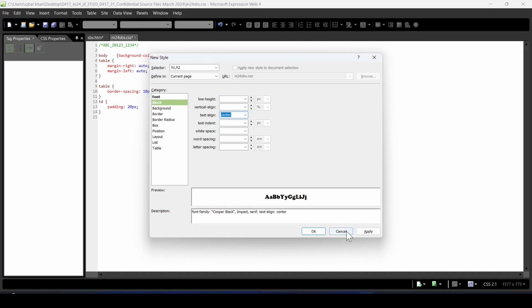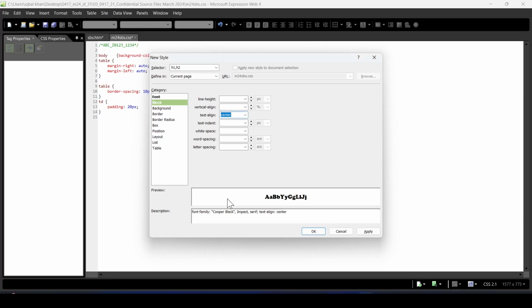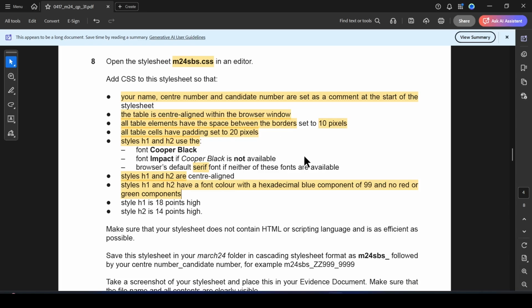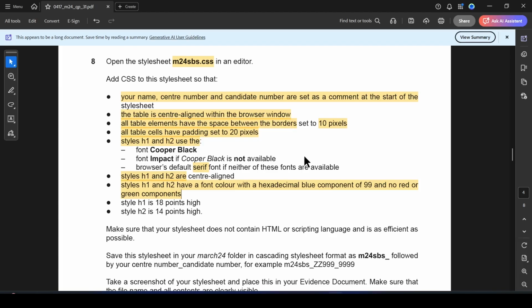Okay, now next what I have to do is style again h1 and h2 with a font color of hexadecimal blue component of 99, no red and no green component. So student, as I told you, we always use the RGB format. So in color, they asked us to put hashtag,